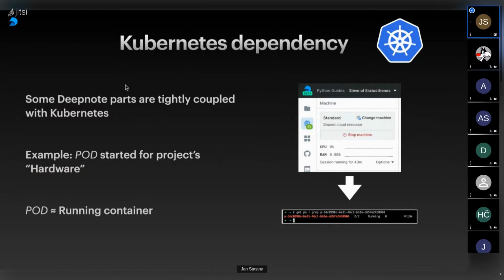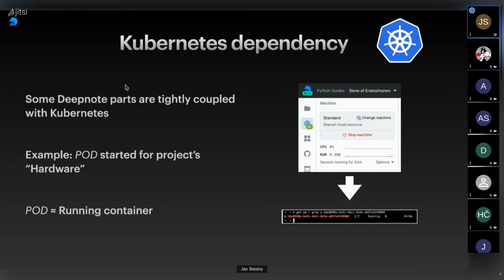As an example, whenever you run your code in deepnote.com, which anybody of you is free to use, and you want to run your Python code in your notebook, we spin up a pod inside of the Kubernetes cluster. A pod, for those less experienced with Kubernetes, is simply a running Docker container somewhere in the cloud.